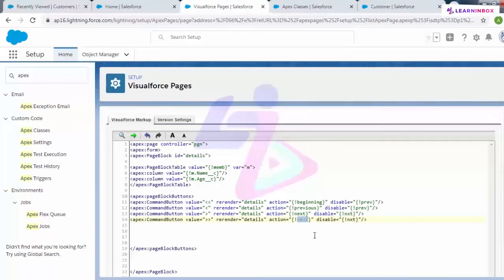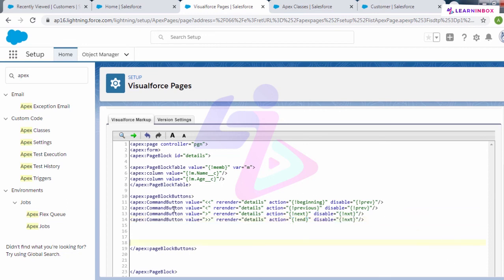Just copy this here. See, these are simple terms, next and end, but as I said, it is a good programming practice. If you copy certain API names, class names, or method names to be used in your Visualforce pages, the chances of getting an error reduce by this practice.